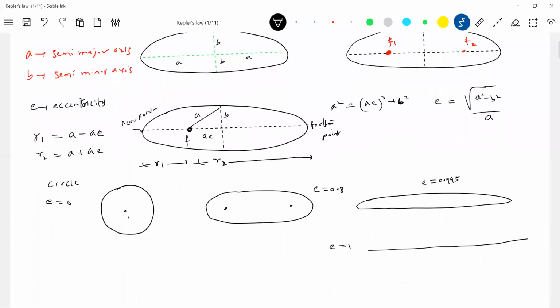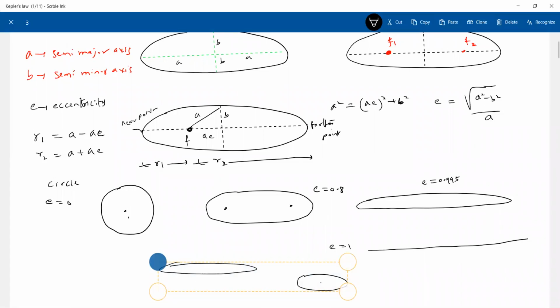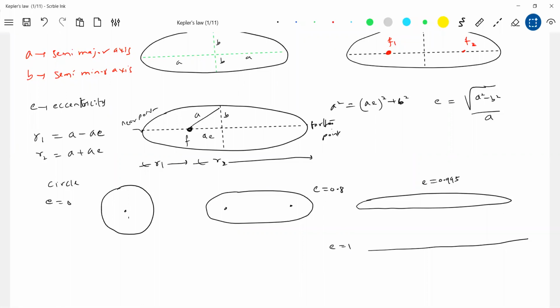So when we are discussing some problems, sometimes we'll get an ellipse like this. Sometimes we get an ellipse like this here. Any reason for that? It all depends on the value of e. So how do I come to know? The situation will be given in the problem in such a way that you can assume a suitable shape. You are going to learn in detail in mathematics, so don't bother about learning ellipse in detail. For those who don't know ellipse, this is enough.